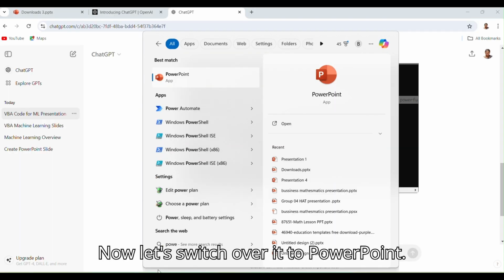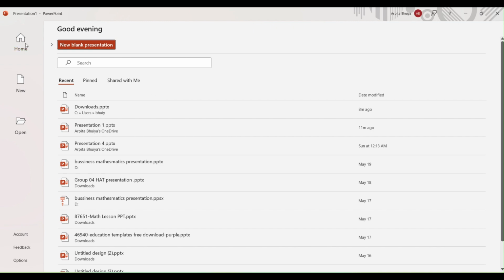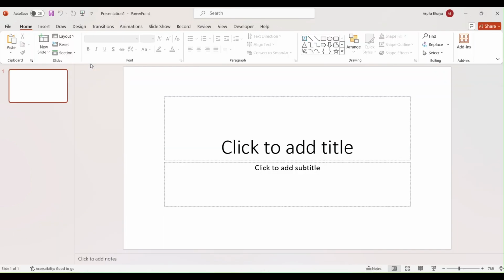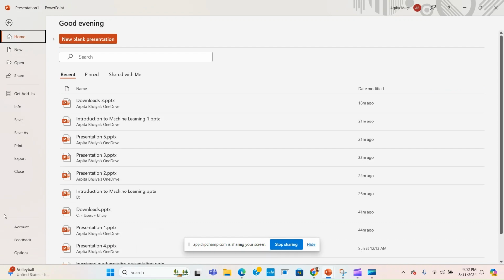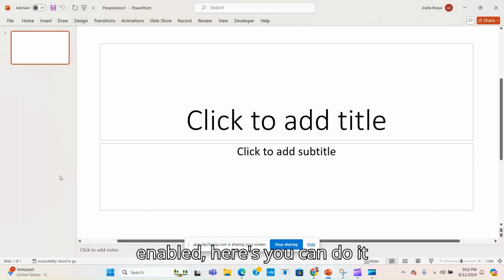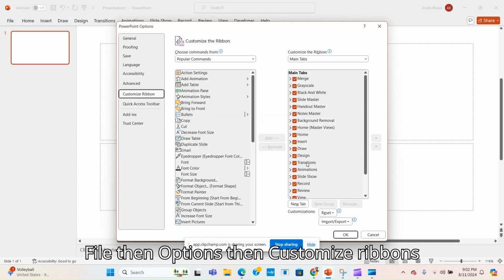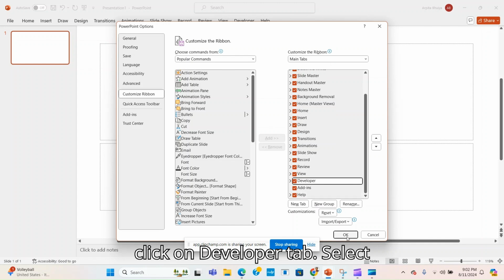Now let's switch over to PowerPoint. If you don't have the developer tab enabled, you can do it here: file, then options, then customize ribbons and check developer options. Now click on developer tab. Select